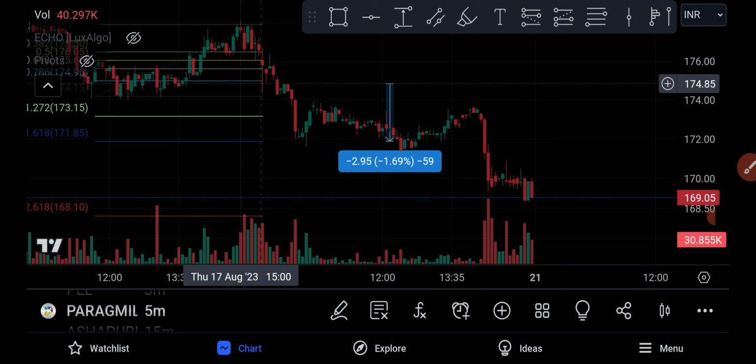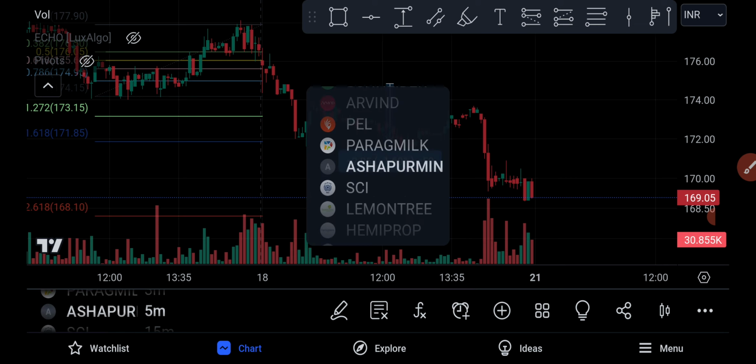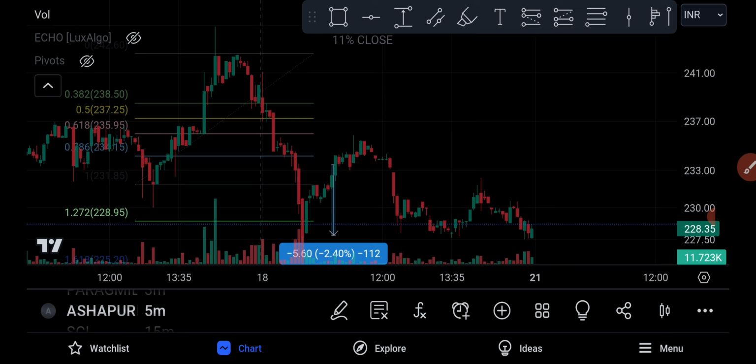useful for us, at least, because blowing your account with 1 to 2% for each and every trade, then we'll end up making losses at the end of the month, right? So slow and steady. Next stock,